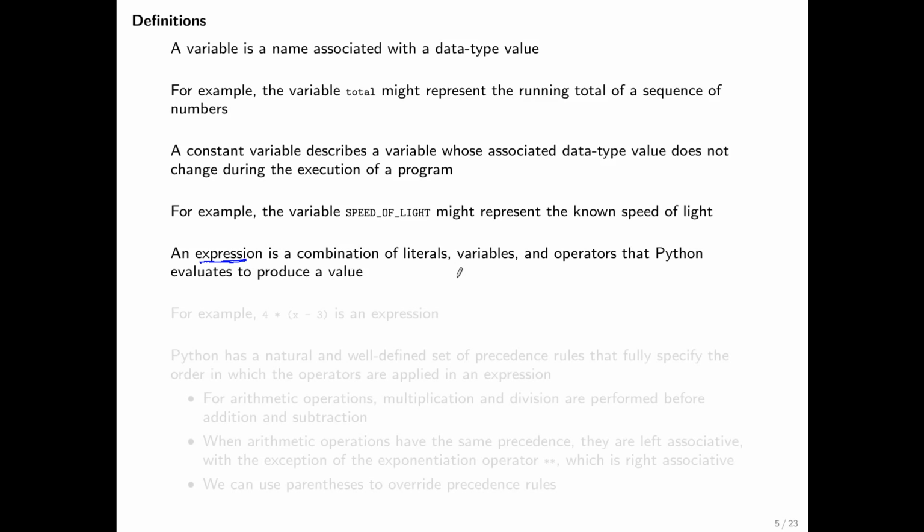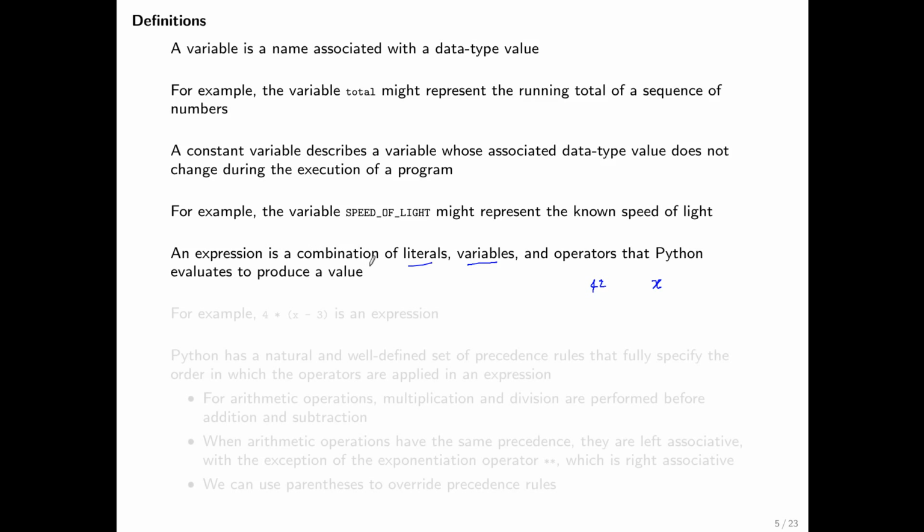Now the simplest kind of expression is a literal and a variable. So if you have a literal such as 42, then it is an expression by this definition. Similarly, if you have a variable, let's say x, of type integer, then that is also an expression by this